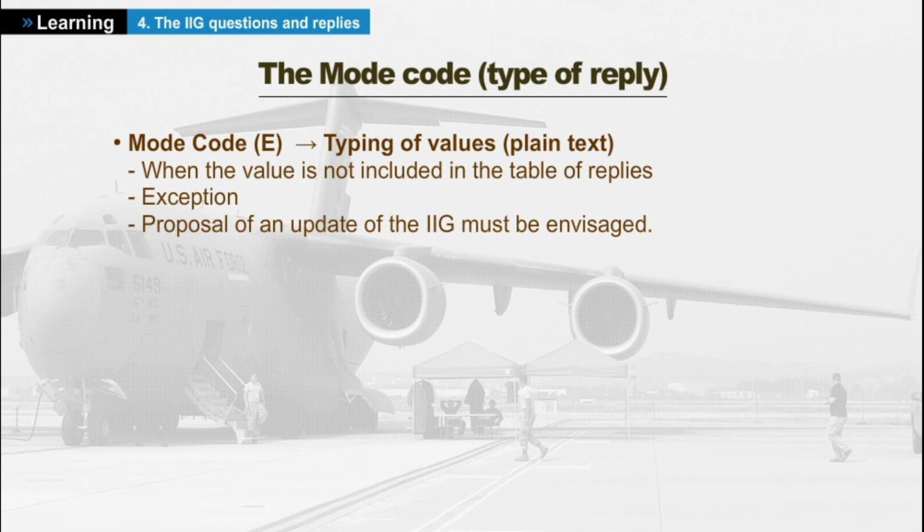Mode code E can enter an acceptable reply in plain text, which is not included in the reply table. In this case, the reply should be structured as the expected reply to this requirement. Using mode code E should be an exception and never be used instead of reply codes A, G, or L. In this case, submitting a proposal to update the IIG should be considered. Example: